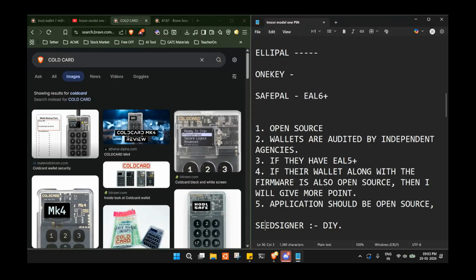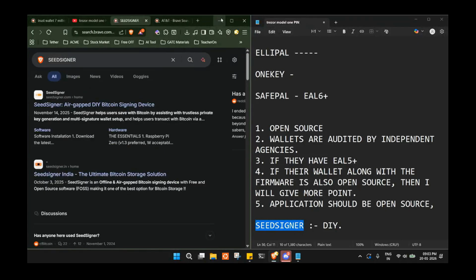So SeedSigner is one of the best if you are going to use it for your savings. But let us suppose you don't want to purchase it from outside and you don't want to make your own DIY, then maybe go with other ones. But SeedSigner is definitely the one, because you can use ESP32 and do that. But the problem is,